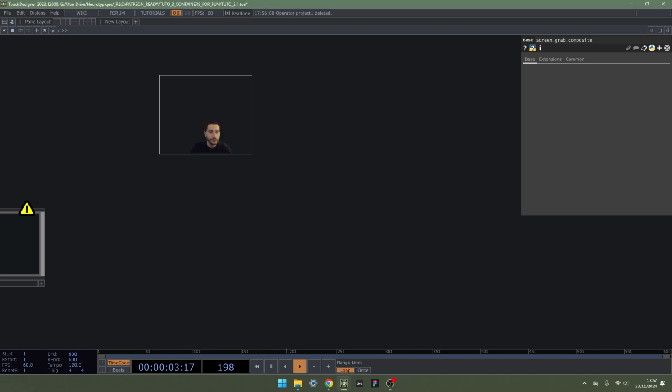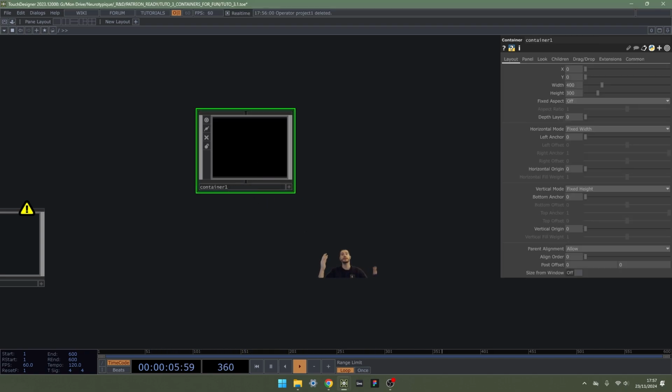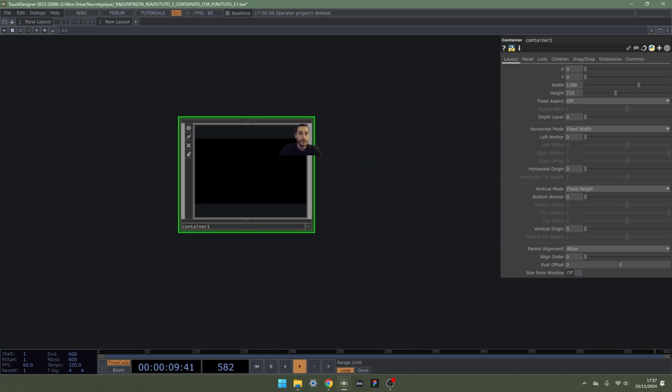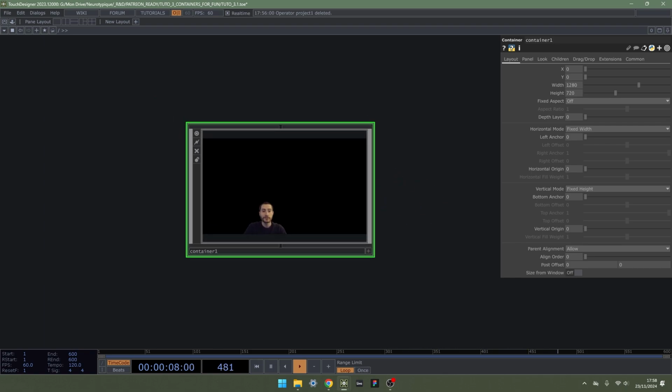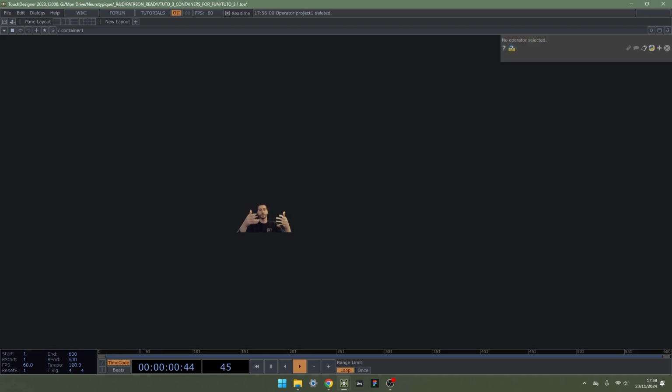So let's take this container, and it's going to be our main screen container. So everyone can follow, let's make it 1280 by 720, like this. Okay. So everyone, even without the commercial license, can set the same height. So this is going to be our main container. See it as the white canvas on which we're going to arrange all these containers. So to get in this one, we can zoom until we snap into the container.